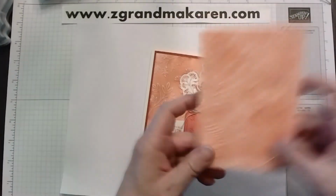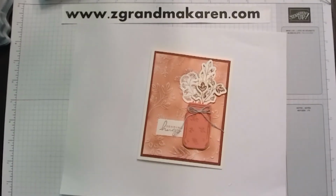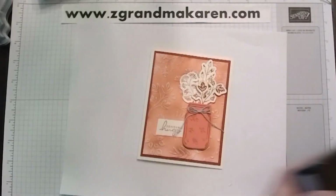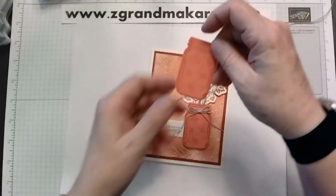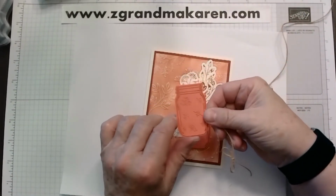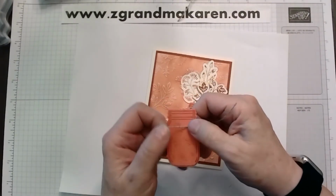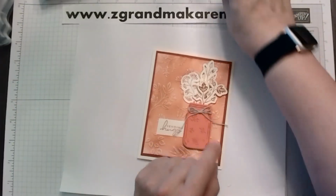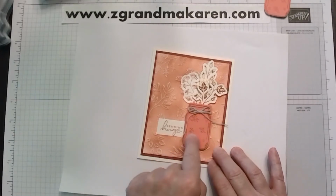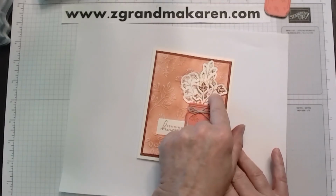So now you'll attach this part to it, and I use the jar of flowers stamp set and punch. So I stamped and punched it out on Calypso Coral, and I stamped it in Cajun Craze. Wrapped some twine around the top, made a bow. The bow just gets stuck on. This is popped on, and then these flowers are just only one of them has pop dots or dimensionals, and